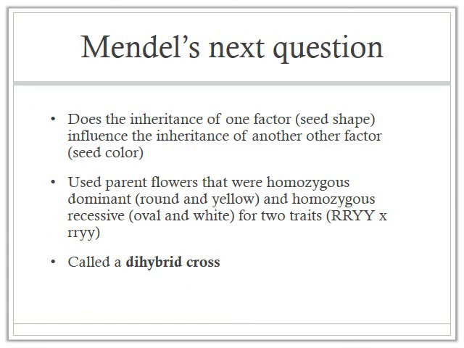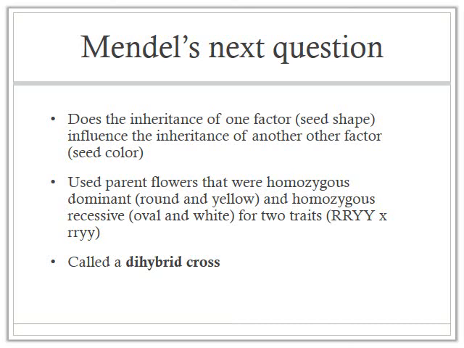So Mendel's next question: does the inheritance of one factor, which is one trait, one gene, have influence on the inheritance of another factor or another trait? So does the seed shape have anything to do with the seed color as they're being inherited by the offspring? And so the way he did this,